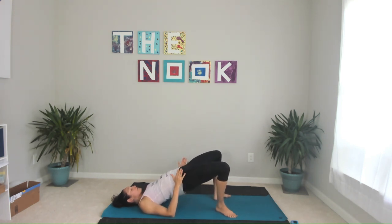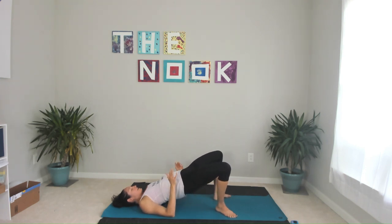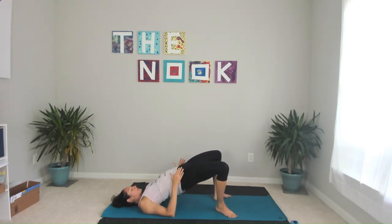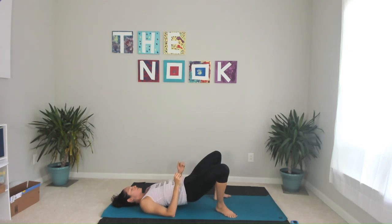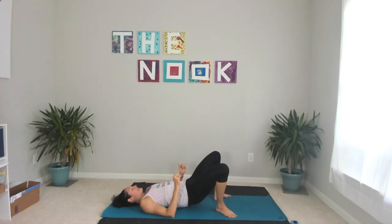And if you've never done a bridge this way before, it should feel a little foreign to you, and that's okay. This just fires up those inner thighs in a way that the traditional bridge pose does not. Staying off the mat. It's tempting to rest in between, but don't. You just have 3,